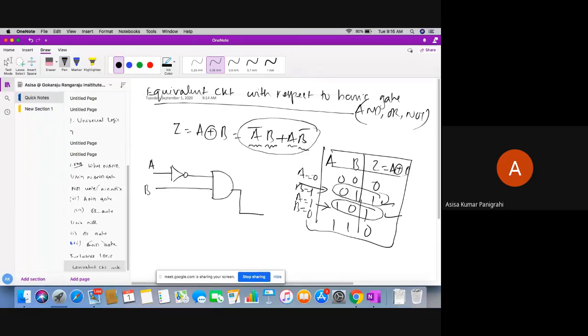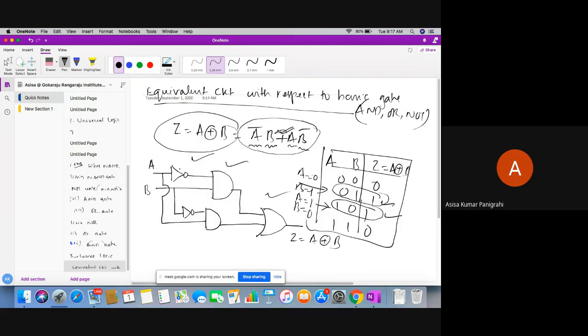Similarly, for A B bar, I have taken A with a jumper, this is my A, and for B bar I have taken B, used a NOT gate and put it to the AND gate over here. Finally, I combine both results with the help of an OR gate. So this is my Z, which is A XOR B. With the help of NOT, AND and OR gates, I can also design A XOR B.